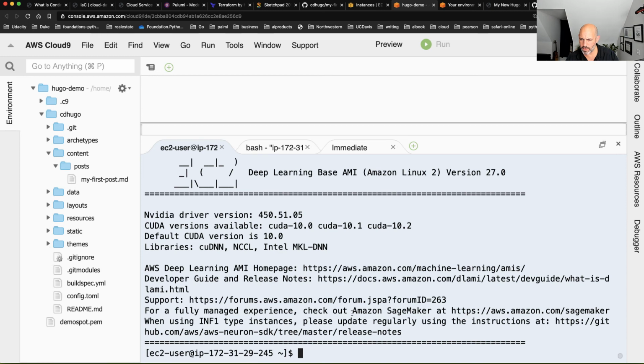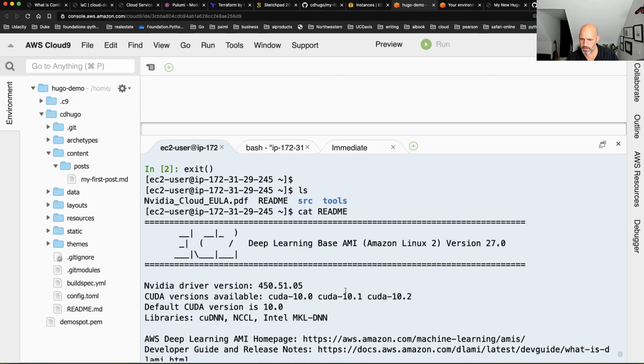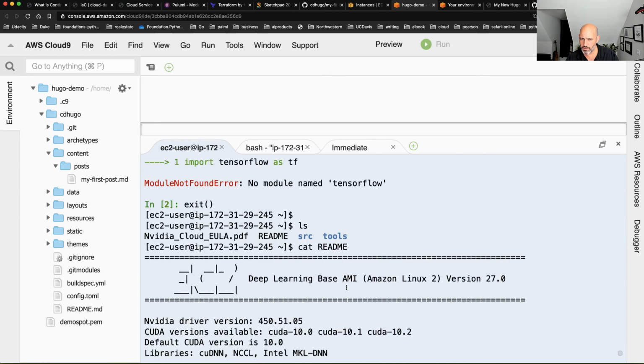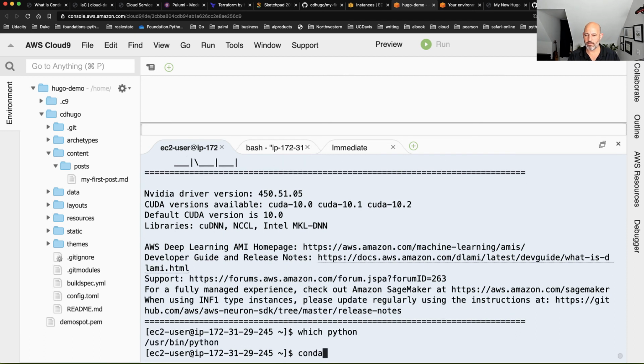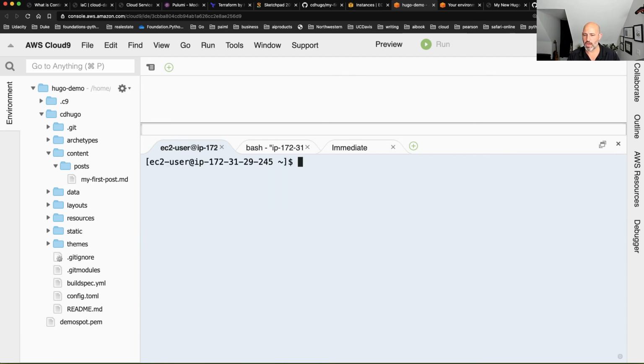Let's see, fully managed. Check out SageMaker. Tools. Well, I don't know exactly which Python. I can say Conda maybe. I don't know what's exactly installed on here, but in a nutshell, I could start installing stuff. The one I could do, which I had mentioned I was gonna explore, was I could install Jenkins real quick to play around with that.